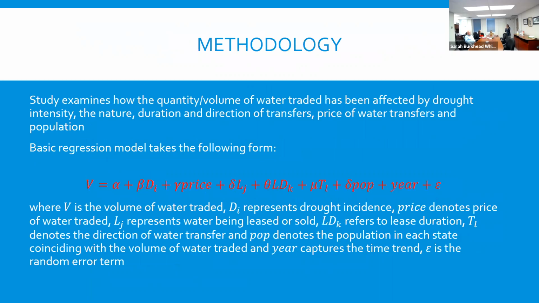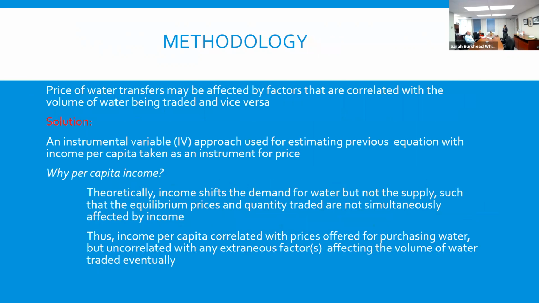Per capita income will affect one variable but not the other. Let's look at this. Per capita income is the income of a particular city. The median income level of Denver is higher than any other agency, so obviously that will affect the prices they're going to offer, right? It's the same with two of us transacting water. But income will not affect the volume needed, because remember, volume is a demand. How much water do I need this year? That is not affected by how much income I make, right? But it will definitely affect the price. So per capita income serves as a very good instrument for price.